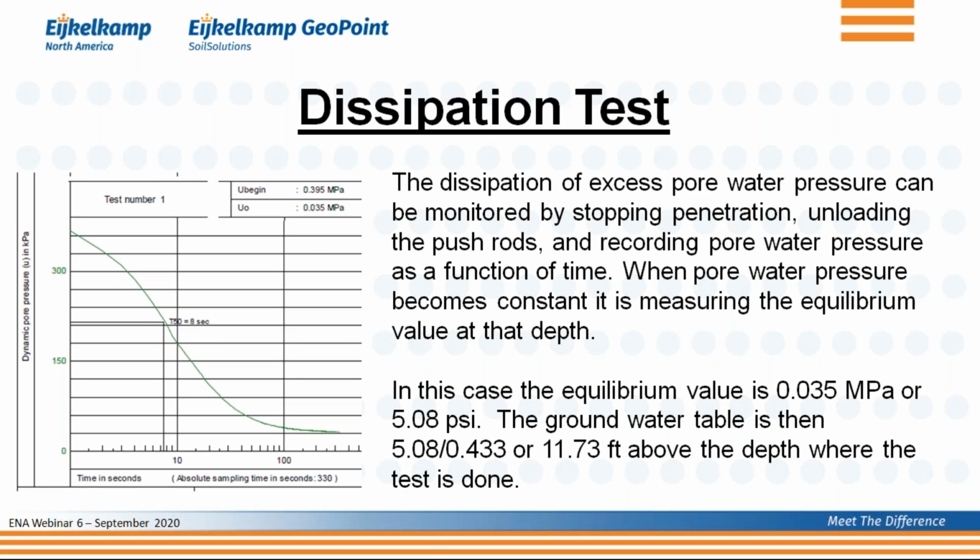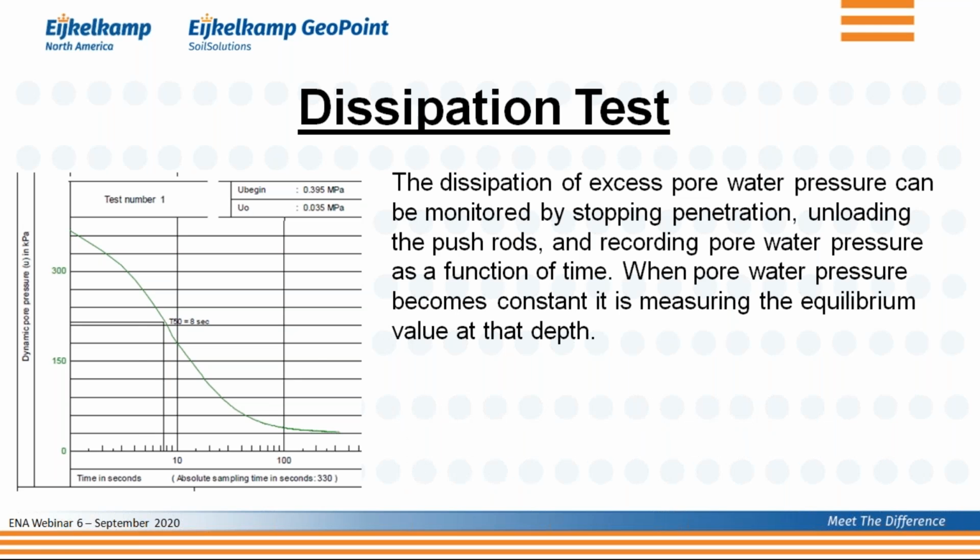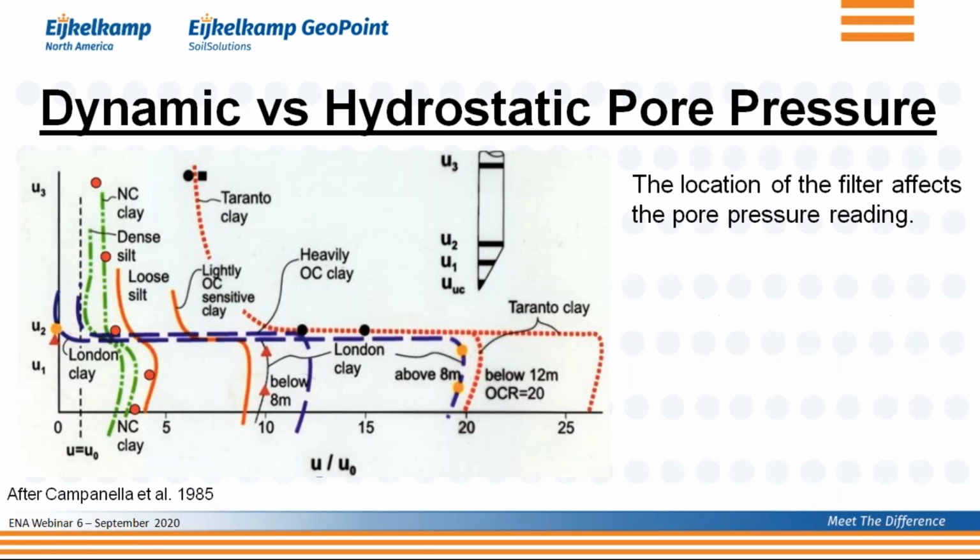But basically, what you do is you stop your CPT. You at that time measure what your pore water pressure is, your U2 pressure, which is your dynamic pore pressure. You then sit and wait until you see no longer a drop in hydrostatic pressure. That gets you your final pressure, the equilibrium pore pressure. And then based on that, with the parameters that I showed you at the very beginning,